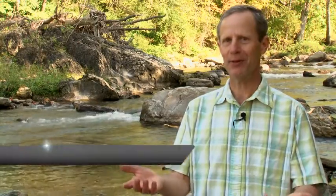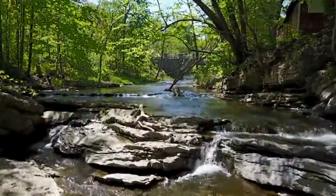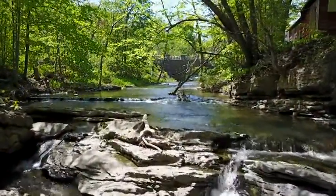So Addison County Riverwatch Collaborative is a group of volunteers, and what we do is we go in teams to specified sites on these 6 rivers. From April to September, we monitor once per month. We have about 30 volunteers and we have about 30 sites on these 6 rivers, which represent 6 watersheds that